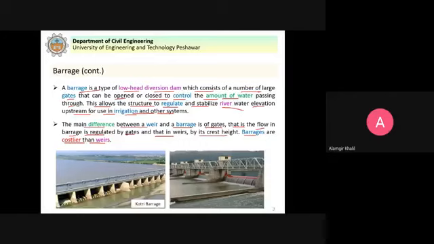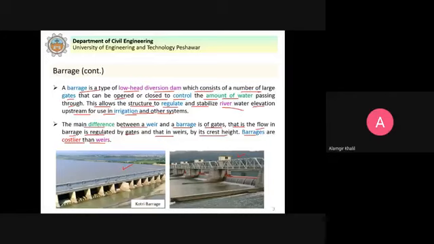So in this figure you can see here that this is a barrage. You see that the section of the barrage is divided by means of the piers with gates, and here you can see that we have a weir which is used to raise the water level upstream, and the water flows over the crest of the weir.